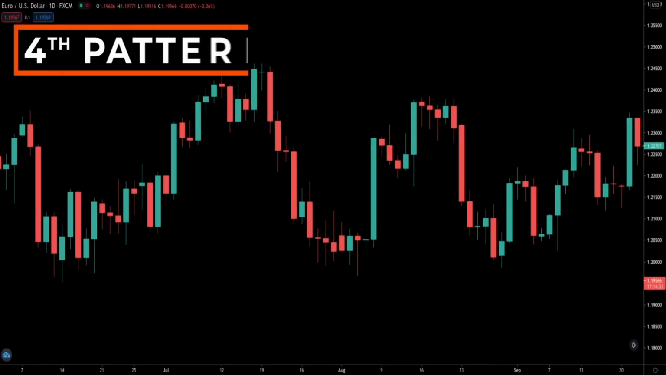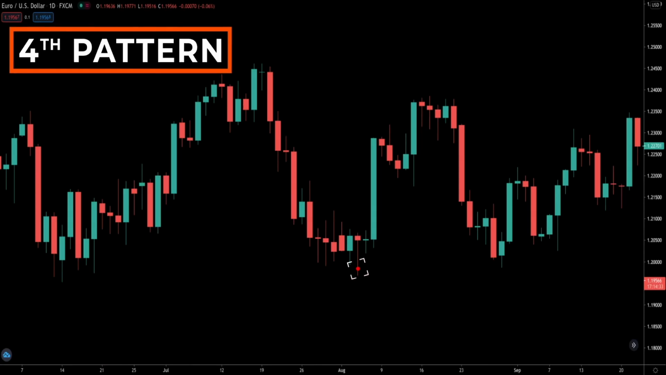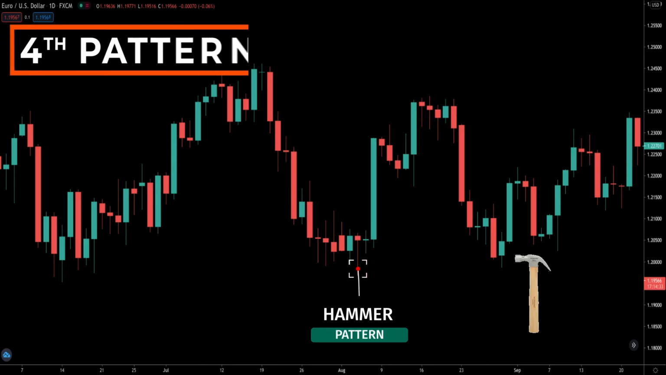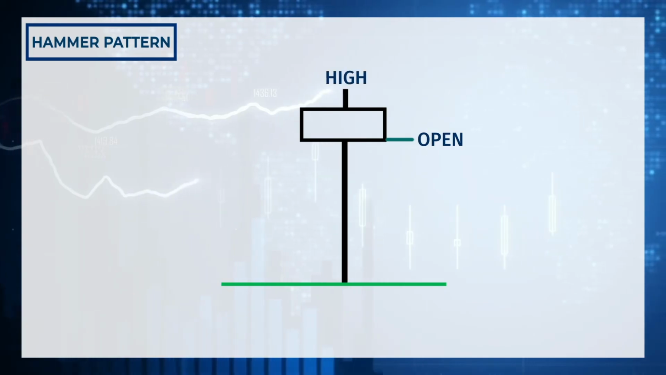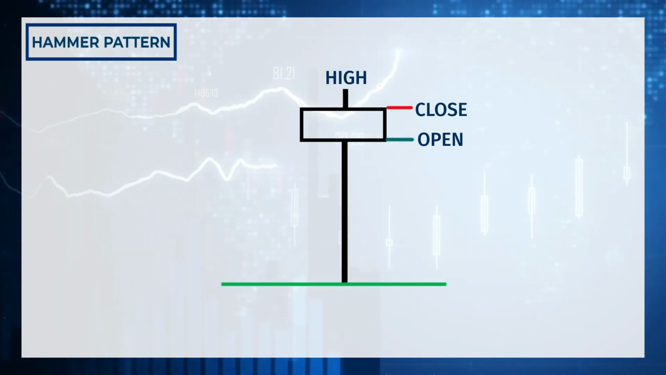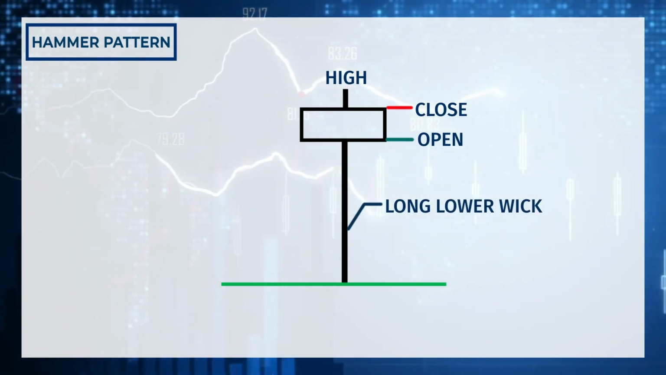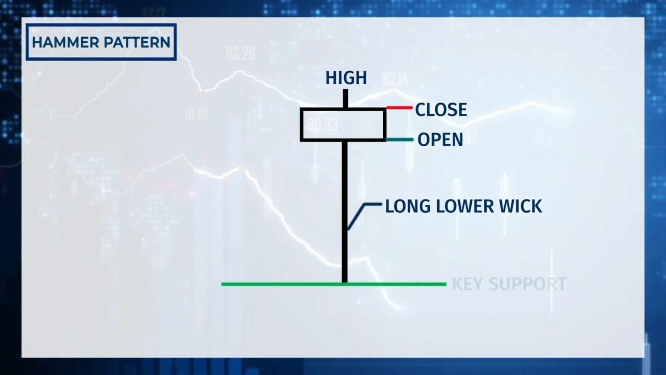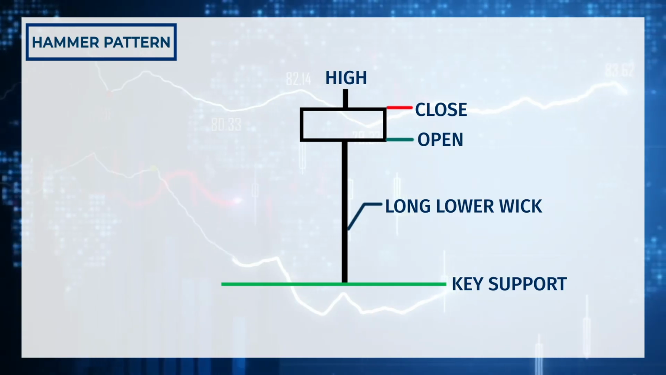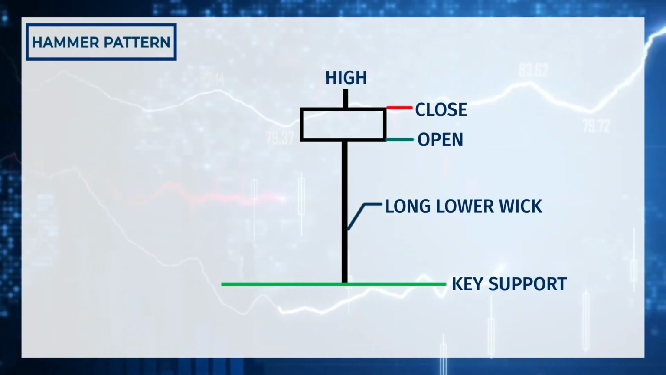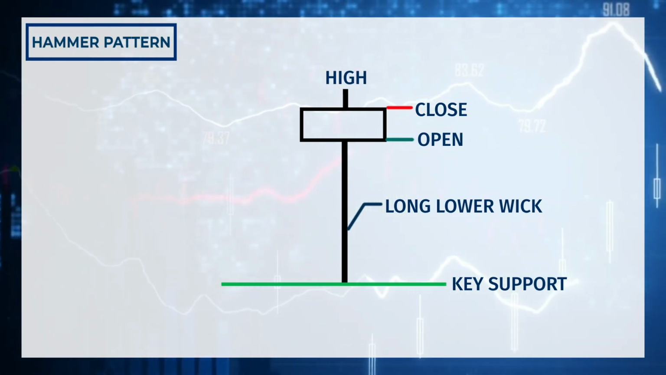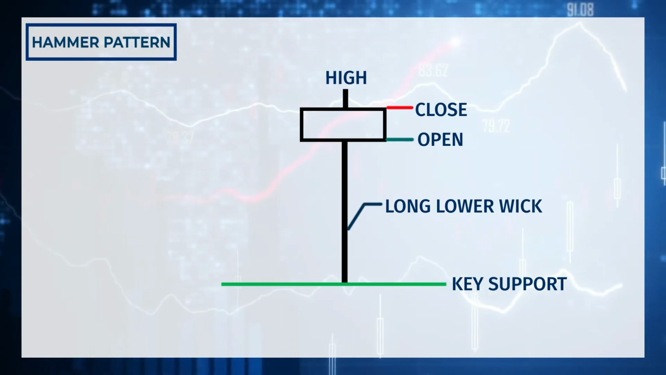Moving on to the next candlestick pattern, which is my personal favorite, the hammer pattern. A hammer pattern looks like a hammer and hence its name. It is created when the open, high and close are relatively close to each other. You will also see a long lower wick which indicates a rejection of a key level. Often, you will find a strong key level at the bottom of the wick